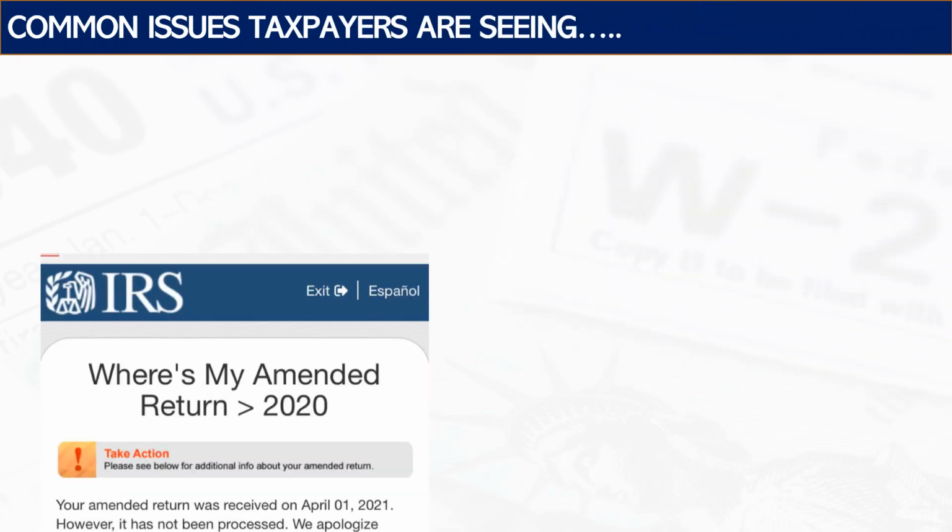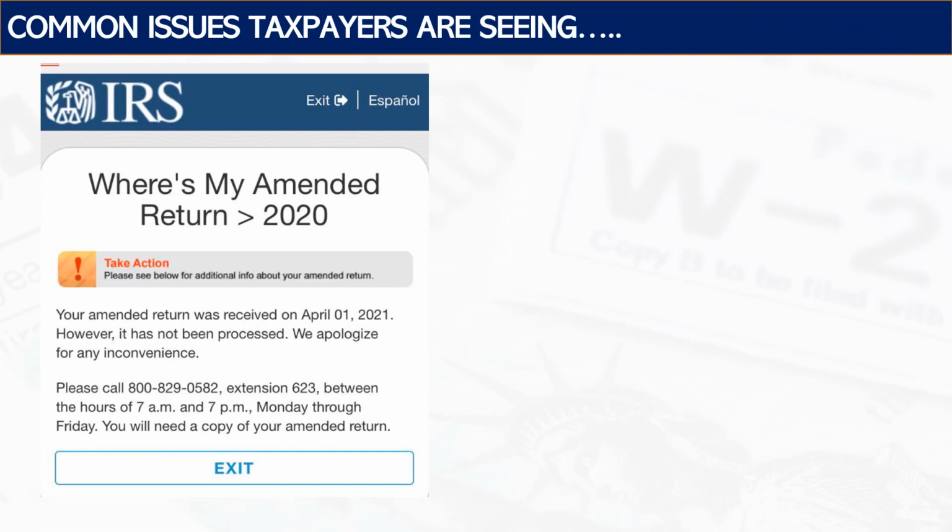So I'm just going to talk about a couple of really common issues and messages taxpayers are seeing after they file their amended return and they go and check the WMAR tool. It'll always show the year that you're filing. So for example, this shows 2020. It'll show when it was received. And unfortunately, the first message you can see here is just that the IRS has received your amended return. It's just not being processed. And that could take again several weeks, several months, years in some cases. And if you see this message,